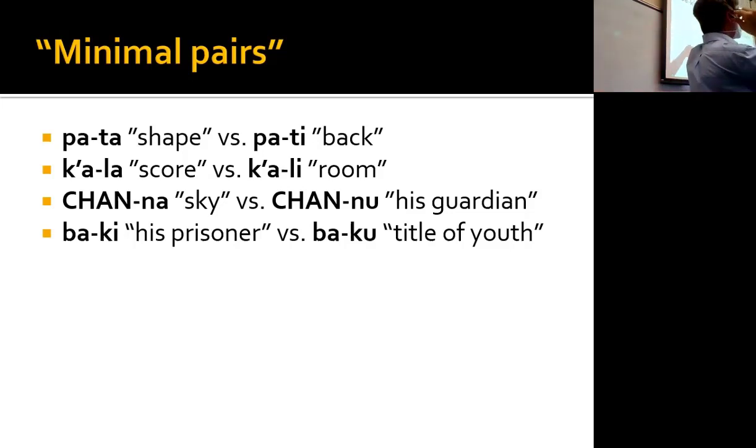Kal and kal. Kal is score, 20. Kal is room, enclosure. You don't want to mix those up. Chan and chan, one is sky, the other one is literally the one who oversees, like a guardian, which is usually used for